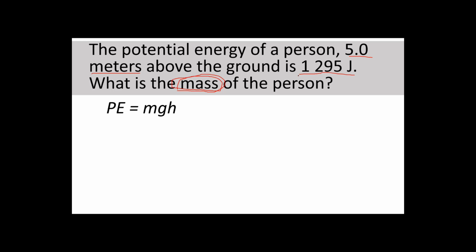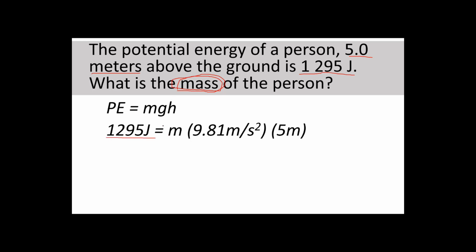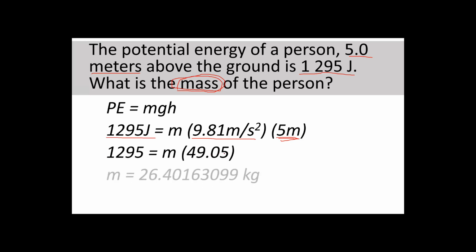mass times gravity times height. So the potential energy is 1,295. The mass is unknown, gravity is constant, and the height is 5.0 meters. If we multiply the gravity and the height, that is equal to 49.05. Next is to divide both sides by 49.05 to isolate the mass. So if we divide 1,295 by 49.05, that is equal to 26.4016 and so on